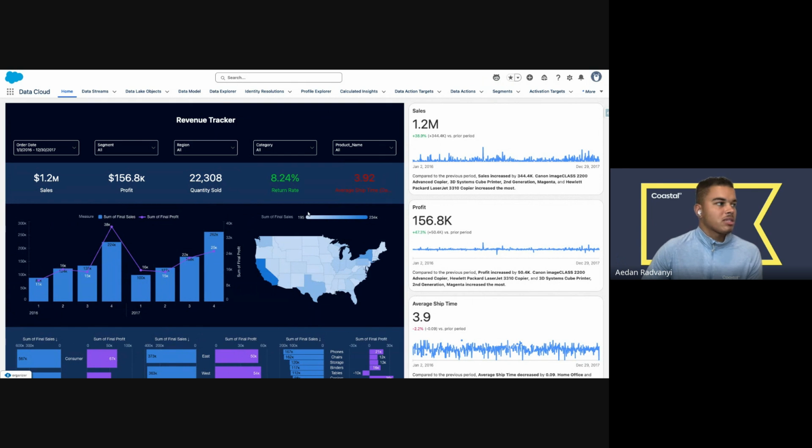So you can see here in my dashboard, I have 1.2 million in sales. I have 156K in profit. And I'm able to match those numbers directly to my Tableau Next metric because, again, I have that source of truth feeding through. But now, instead of this more static or basic view of a KPI, I have deeper understanding. I can see how this is trending compared to a prior period. I can see if there's been any spikes in the data over time. I have the ability to open this into a new page if I'd like to. But I also get AI information in natural language underneath to give me understanding of those insights.